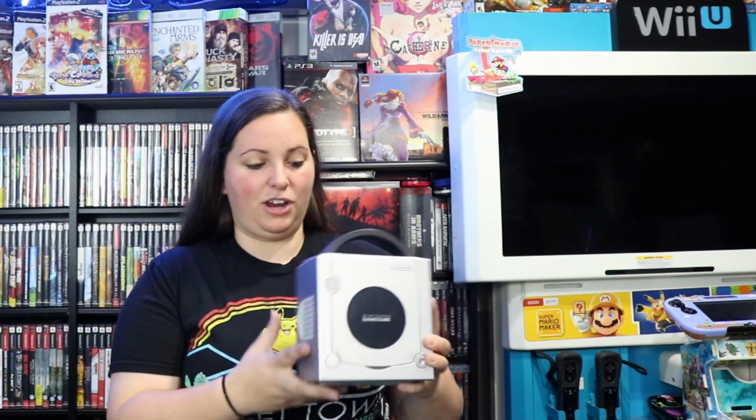They weren't that far away from me. This thing is in pretty decent shape. It doesn't have a lot of scuffs and scratches. And when I met the person, they said that they knew absolutely nothing about this Nintendo GameCube. I asked them if they did have any games. They said no, sadly, they just bought the system and they weren't sure how to even work it, how to operate it, and they just went ahead and played with some other things, not really video game systems. So they said unfortunately they did not have any games for this system, but they did have a couple of